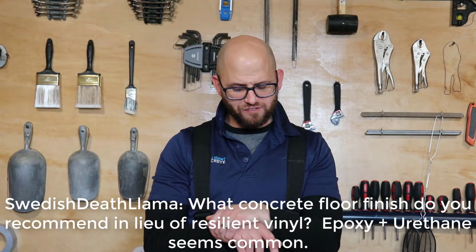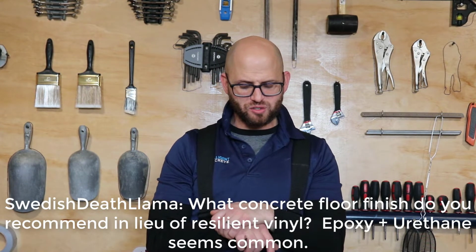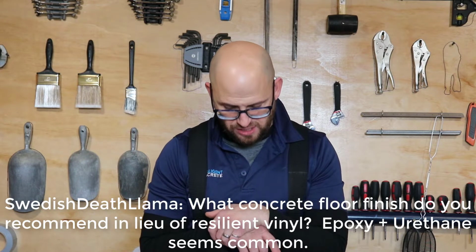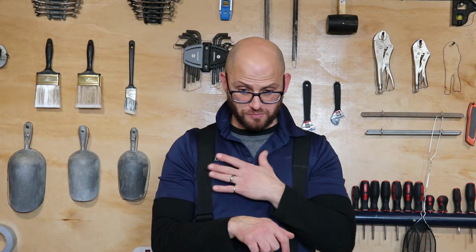What concrete floor finish do you recommend in lieu of using resilient vinyl? Epoxy plus urethane seems to be common. So, Swedish Death Llama, it's not that I'm recommending something besides vinyl flooring and a resilient flooring system. Excuse me, I got the hiccups. It's that I just know that